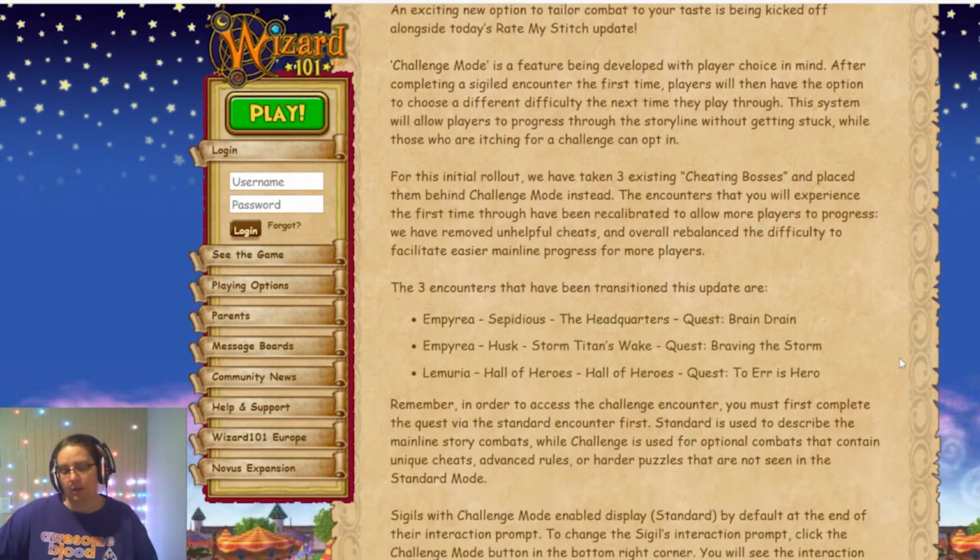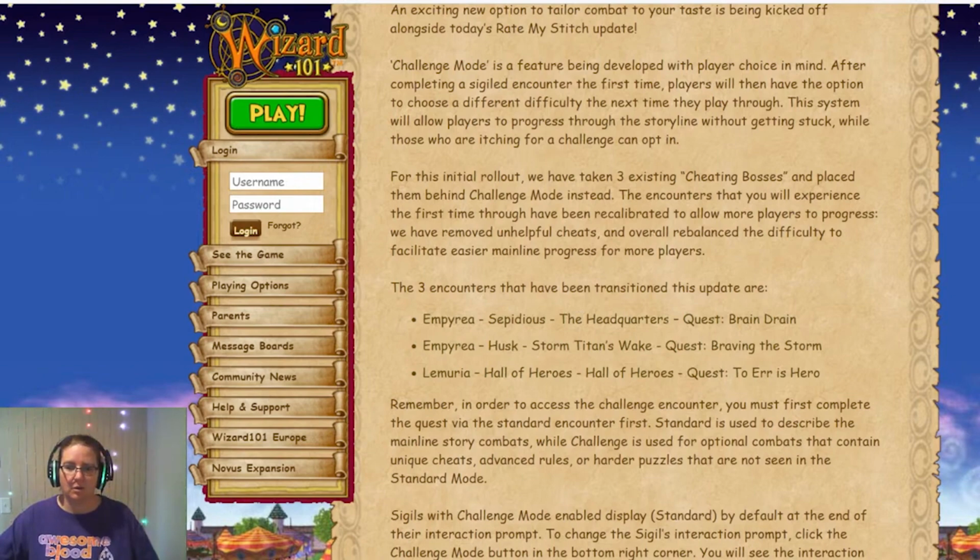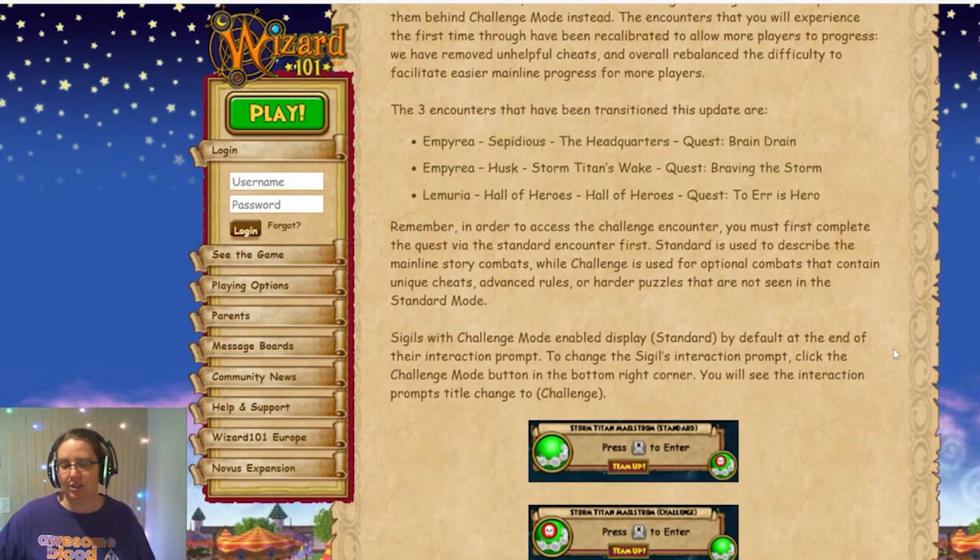The 3 encounters that have been transitioned this update are, this is why you read the thing. Headquarters and Brain Drain and Cepedius, Husk, Storm Titan's Wake, and Hall of Heroes. Yeah, so I didn't actually need to check every world. Goofball. Remember, in order to access this...